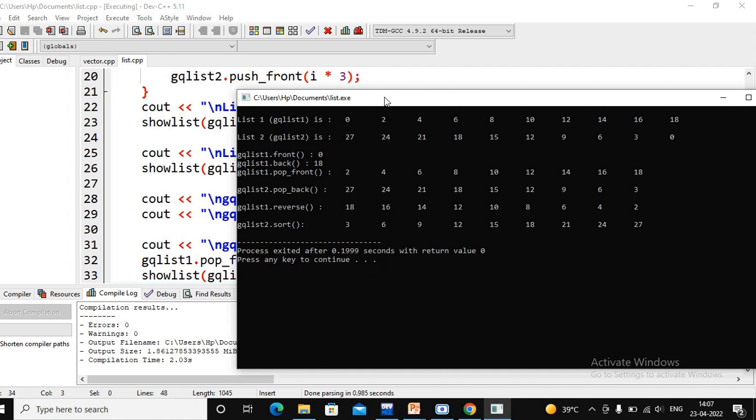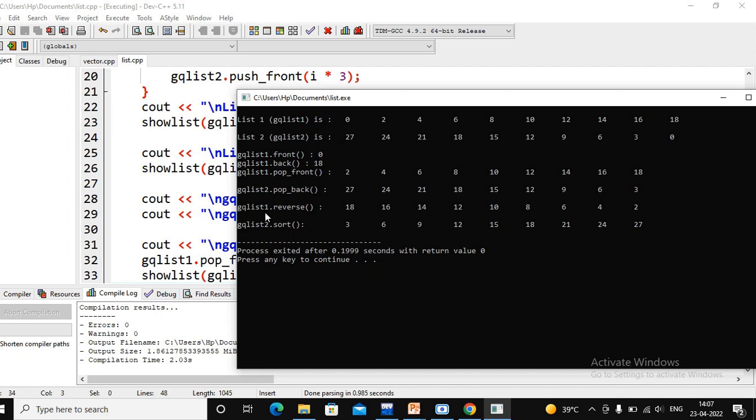Then we pop_front, that is the front element of gqlist1, that is 0. So 0 is deleted. Now the list has 9 values. Then again we are deleting the back element of the second list. The second list's last element is 27, so this will be deleted. So we have values up to 24.